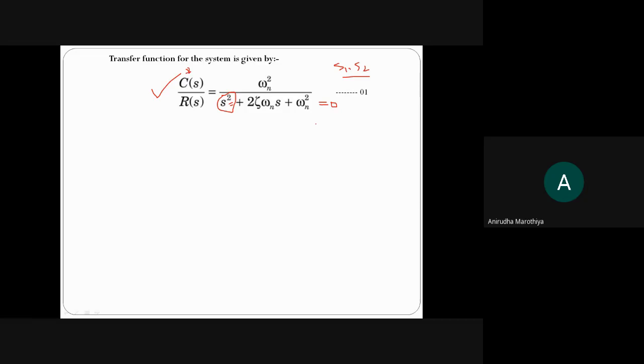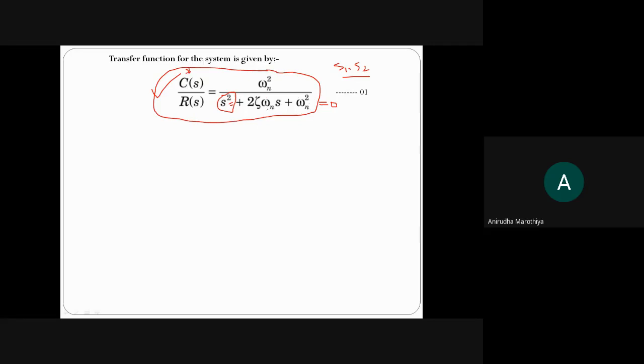So, as I told you, in order to obtain the time response, we need to apply the steps one by one. So the first step is we need to obtain the overall closed loop transfer function, which we got from equation number 1. So C(s)/R(s) indicates the overall closed loop transfer function of this particular system, nothing but omega n square divided by s square plus twice zeta omega n s plus omega n square. And from this time onwards, you have to remember this expression. This is the general expression for any second order control system.